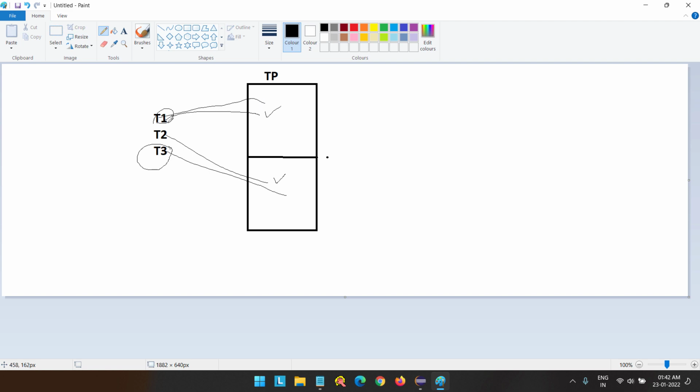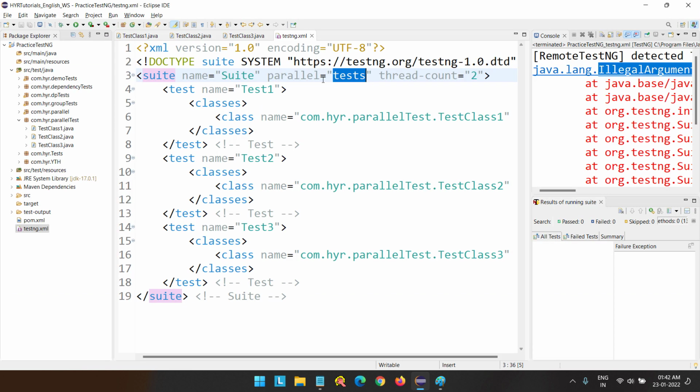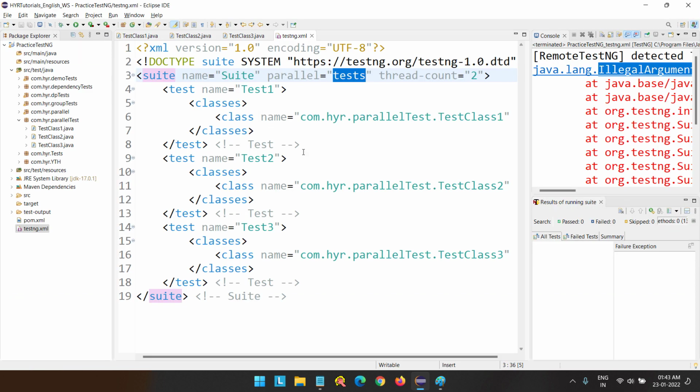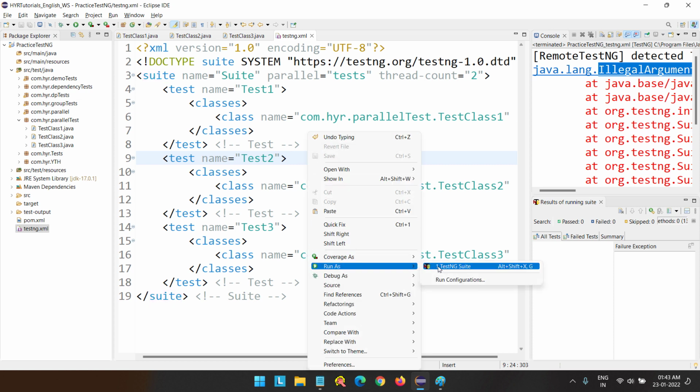same thread. So when you mention this parallel equal test, by default, it will push one test into this thread. Once the test is inside the thread, it will start executing in the sequential order again. Correct? So it will start executing in the sequential order within that thread. But all the methods within the classes or within the test are going to be executed within the same thread. You got that? So let's execute this and let's see how many threads will be created and how it is